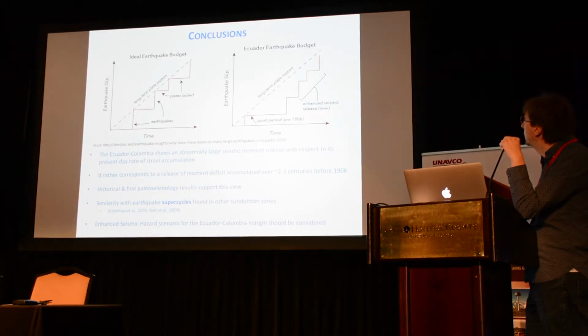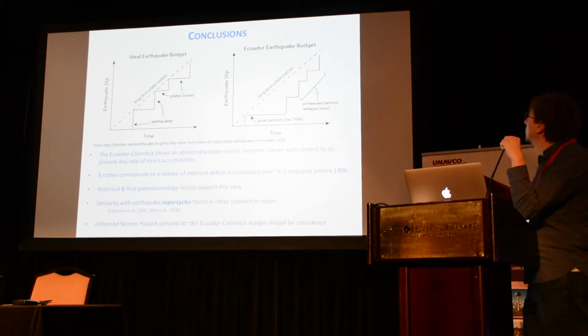And even if we have a great earthquake at the beginning of the sequence, there is still some remaining stored energy that needs to be released by a subsequent large earthquake. This is something that has been mentioned before as a supercycle, documented in some other subduction zones, and also for continental